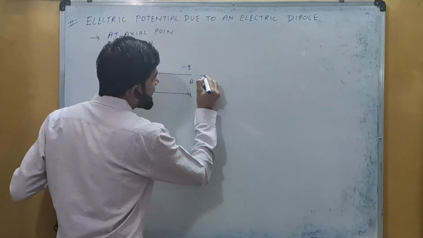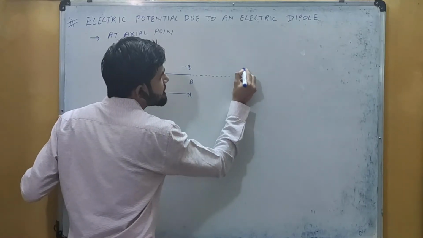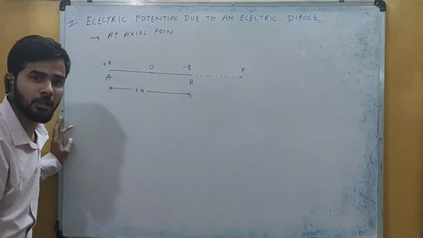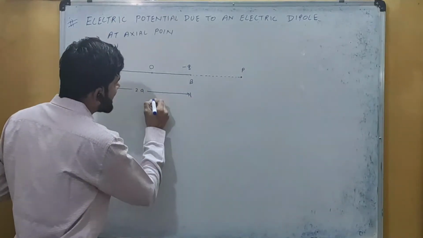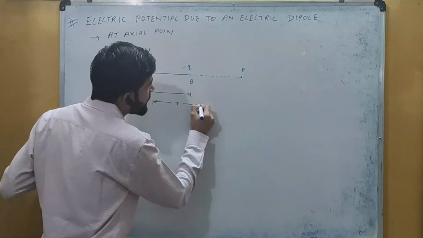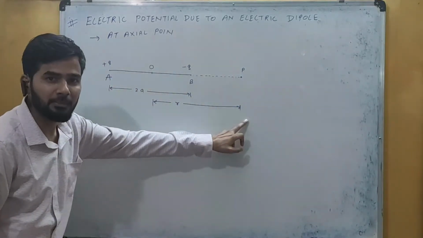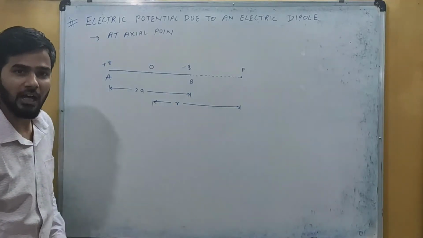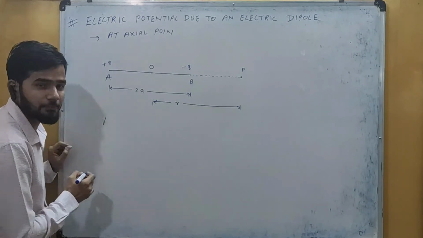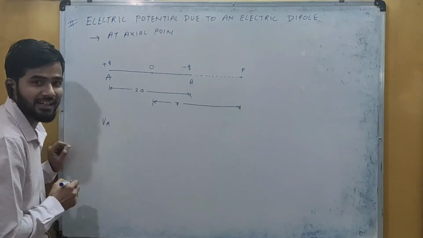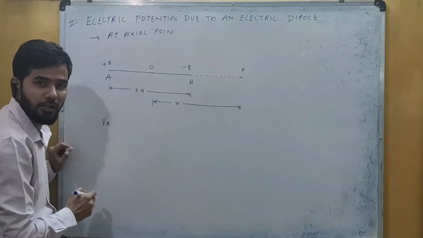तो हमें क्या करना पड़ेगा, यहाँ पर एक axial point consider करना पड़ेगा. Just consider this point P to be the point where we have to calculate the electric potential, and this point P is at a distance of r from the center of the dipole. Dipole के center से लेकर point P तक की जो distance है वो कितनी हो गई, r हो गई. Okay, now first of all we'll calculate the electric potential due to charge at A. A पर जो charge है उसकी वजह से potential निकालेंगे हम कहाँ पर, point P पर.